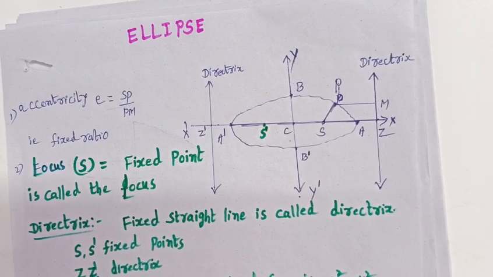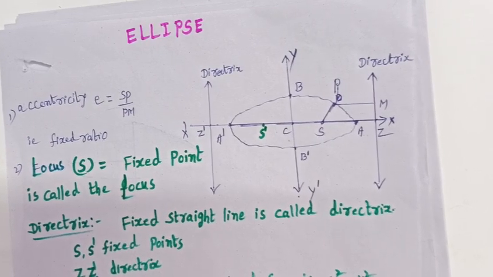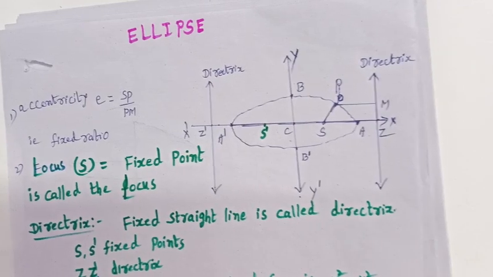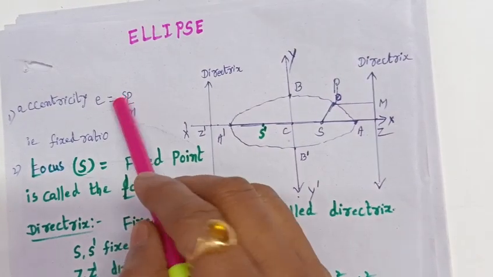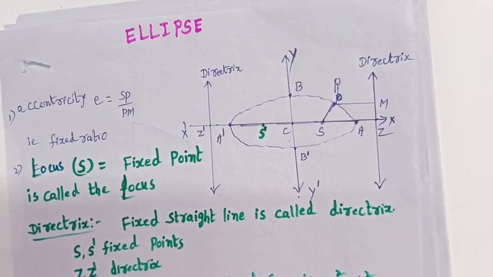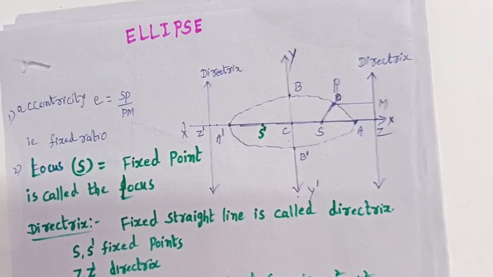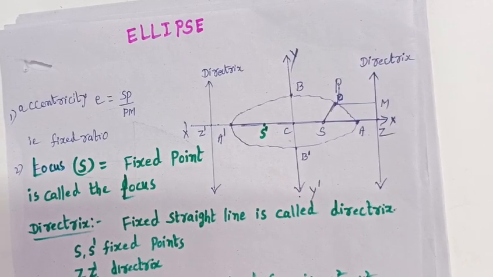Directrix x equals plus or minus A by E: one is A by E, the second one is minus A by E. E means eccentricity. What is the formula of eccentricity? Eccentricity formula is the root of a square minus